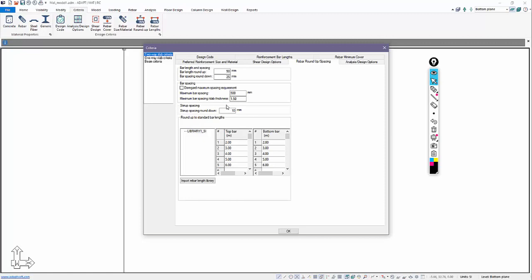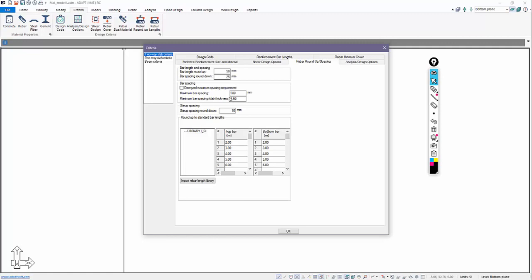Now in this mat we're going to put a top and bottom base mesh of reinforcement. Because of that, there's an option here called bar spacing. What this option does is if the design strip requires additional reinforcement over its width to meet these spacing requirements, it will add additional bars on top of what is actually required by calculation for minimum or for strength.